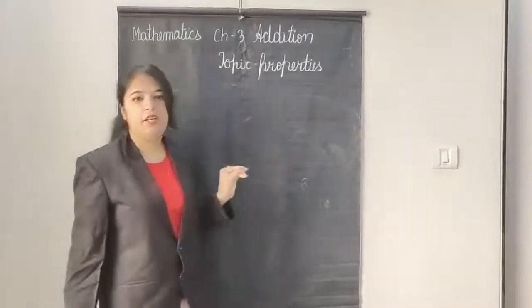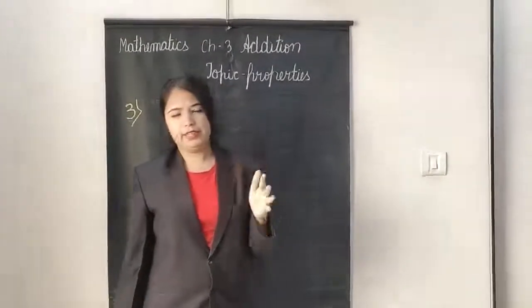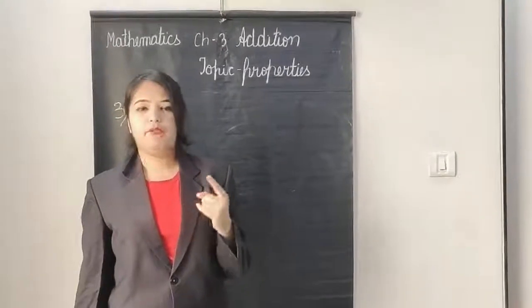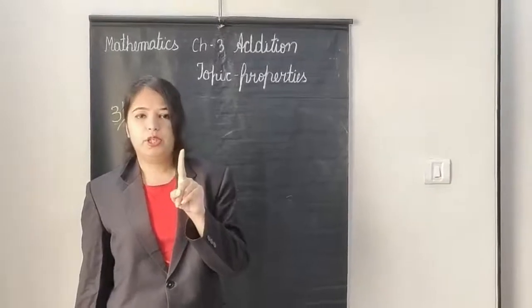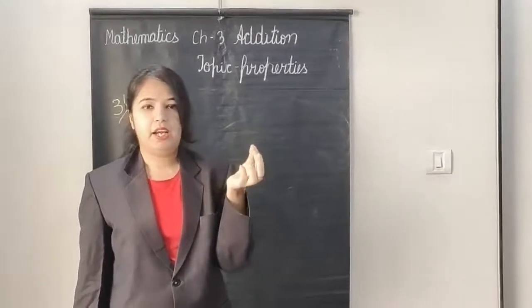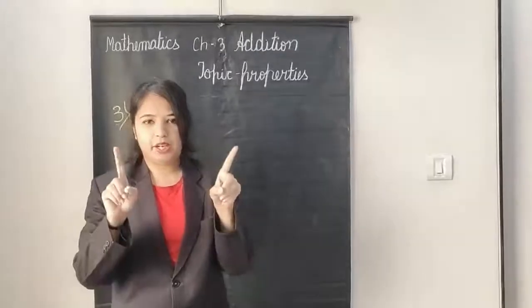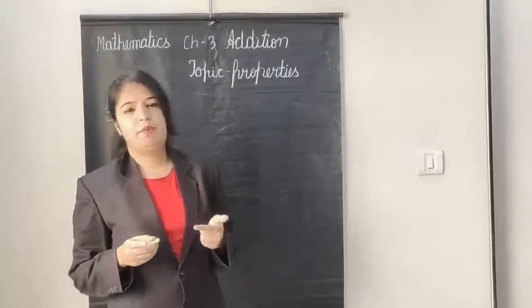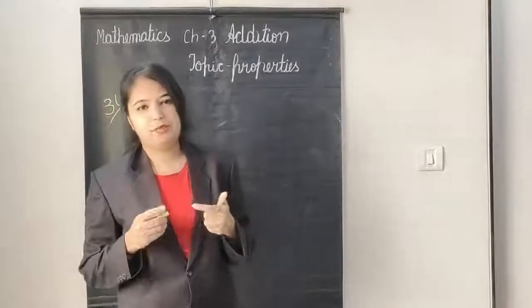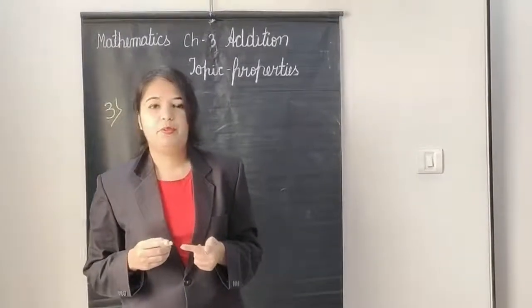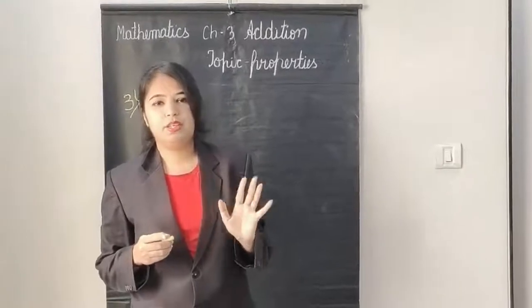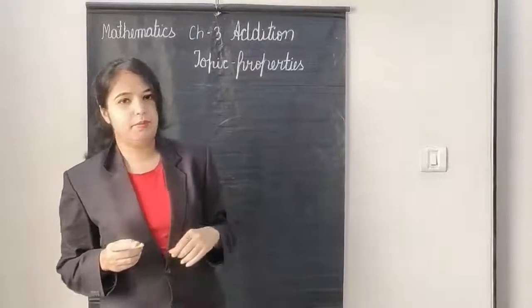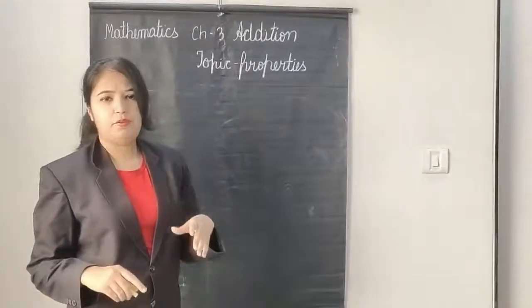Whenever you have a single number or any number like 55, 56, and you have to add 1, what will you do? You will not add 55 plus 1. No, just say the successor number. I taught this property in class 1 also: whenever you have to plus 1, you don't have to add 1, just write the after number. After number means successor number. You can write it for any number.